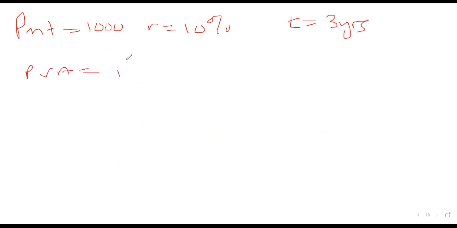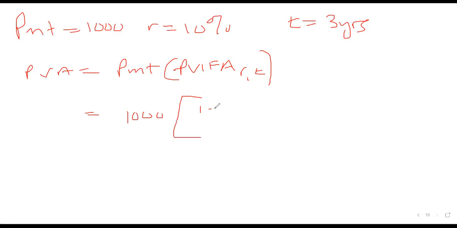So remember, the formula is the payment times the present value interest annuity factor, for the rate against time. This one will be given tables, but I prefer that you use my formulas. So the formula that I gave you was what? 1 minus 1 plus R. Our interest rate is what? 10%. Then over the time